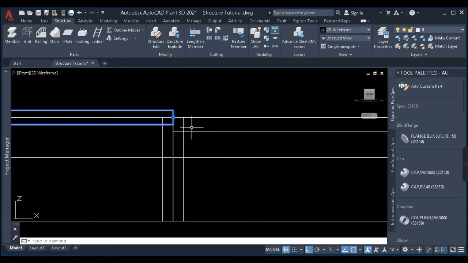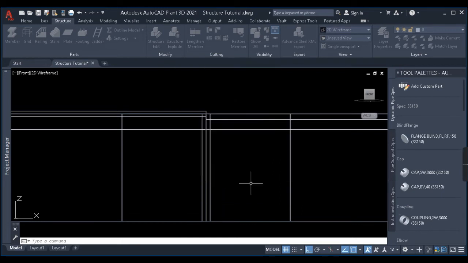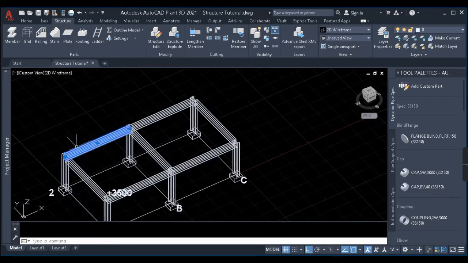Here you can see my top of the plate is at the selection points. So this is the basic difference between this justification. If I select the bottom, the bottom of the plate will be coming at the selection point. Okay, fine. Okay, we'll delete this plate